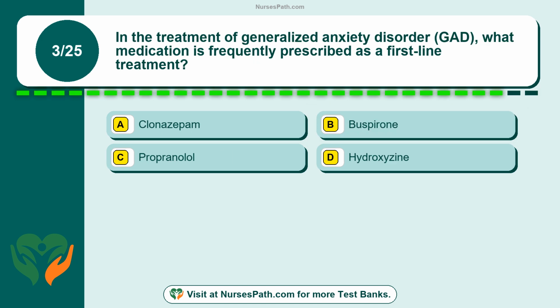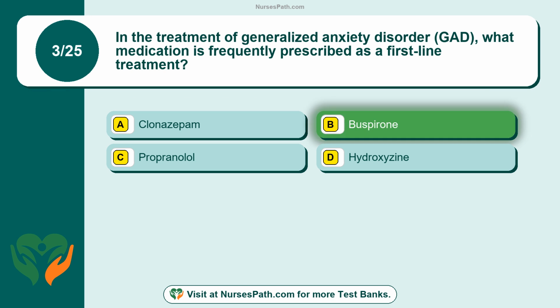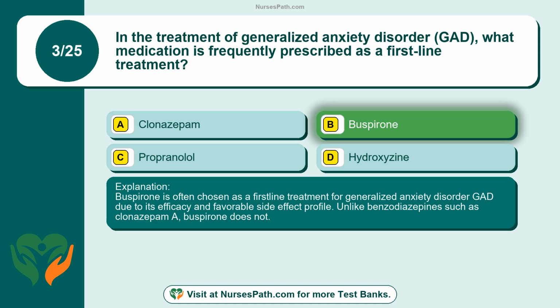Question 3. In the treatment of generalized anxiety disorder, GAD, what medication is frequently prescribed as a first-line treatment? Option A, clonazepam. Option B, buspirone. Option C, propranolol. Option D, hydroxyzine. The correct answer is option B, buspirone. Buspirone is often chosen as a first-line treatment for generalized anxiety disorder due to its efficacy and favorable side effect profile. Unlike benzodiazepines such as clonazepam, buspirone does not